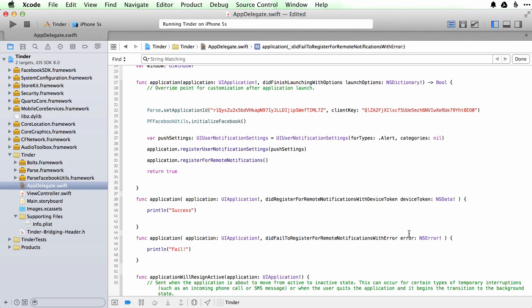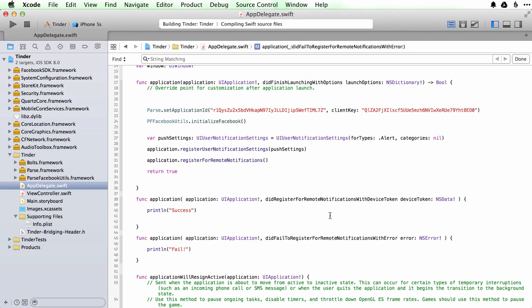For now, you can use the error command, of course, here, the error variable, sorry, to get some more details about what the error is, and you can use the device token itself to get some details about the token with which the device was registered. But let's just run that